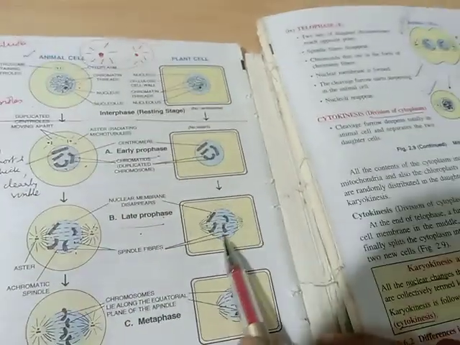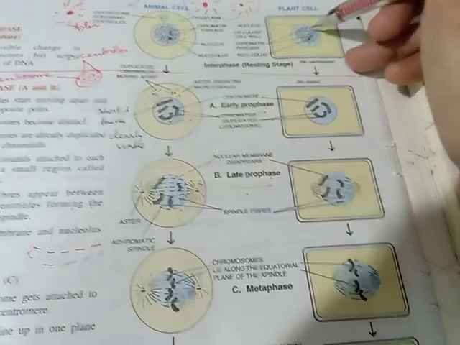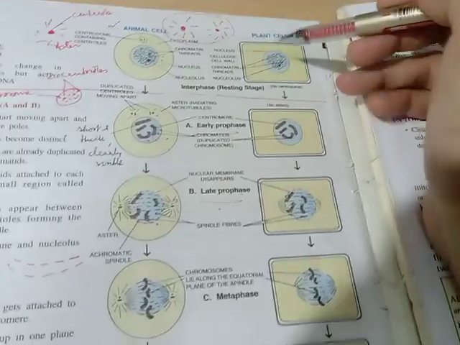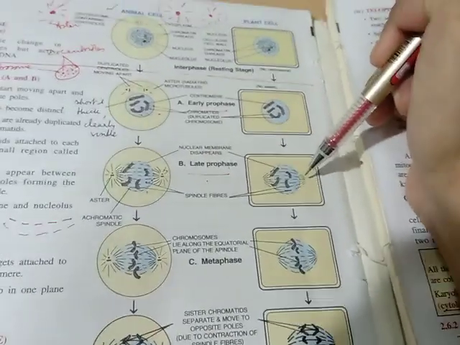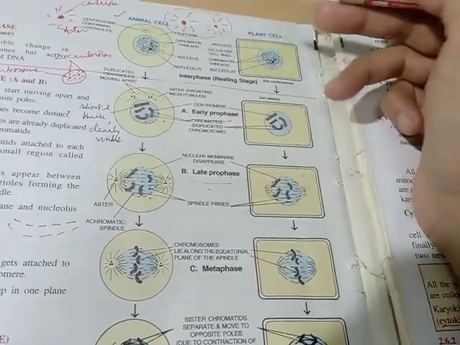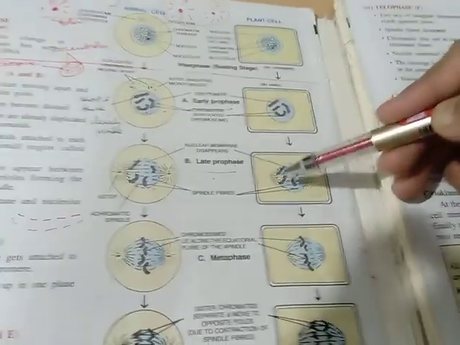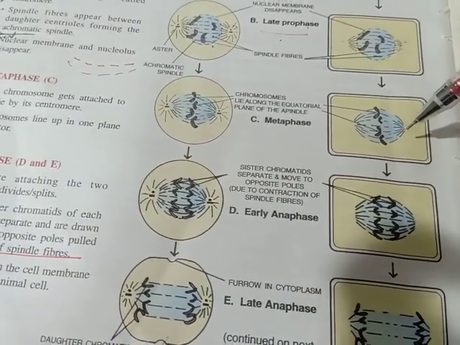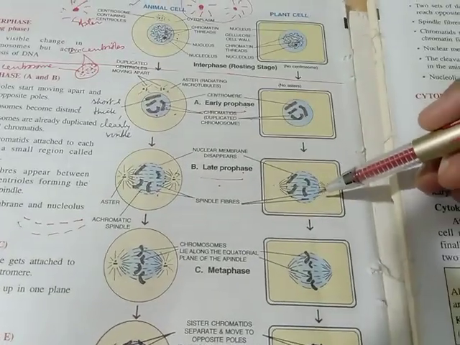The same thing is applicable in the plant cell. But what is the difference, children? It is the absence of the centrosome. So the spindle is seen, but no centriole and no aster. We can clearly see there is no centriole. Look at the opposite ends over here. And there is also no aster that can be seen. What you can only see are the spindle fibers and the thick stout chromatin, or the chromosomes.